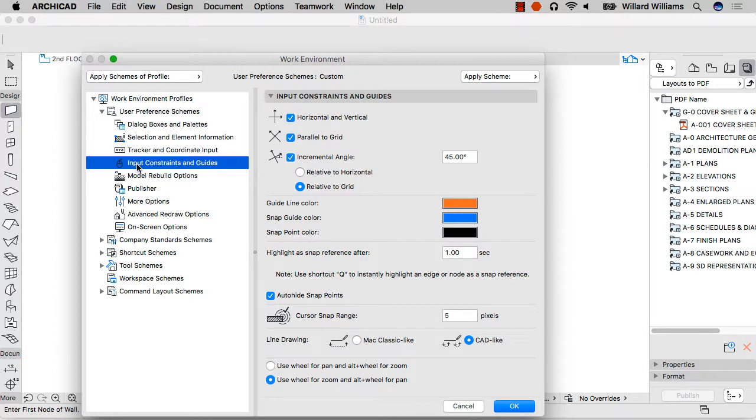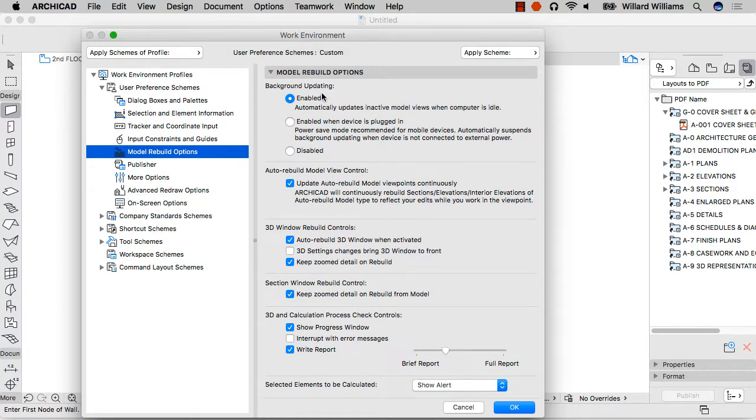So it could be like typical CAD, or it could be more like a Mac where it's 1 and 2 versus 2, 2 and 2, 2, kind of double clicking. And you can adjust your rotation angles and the increments that it snaps to. And you can adjust how the software works and how efficient it is and what type of processing it will use when it's converting information. And you can define where your logs are,